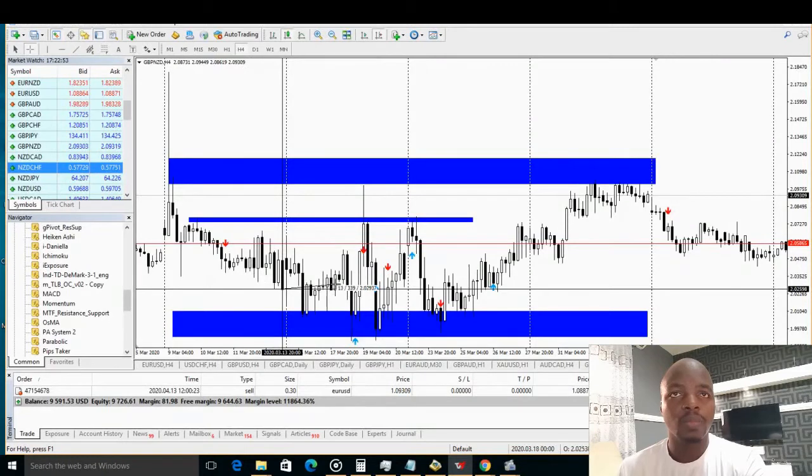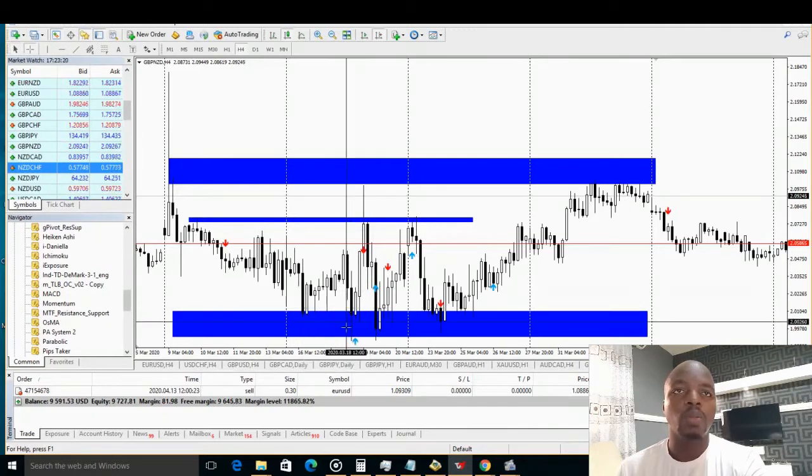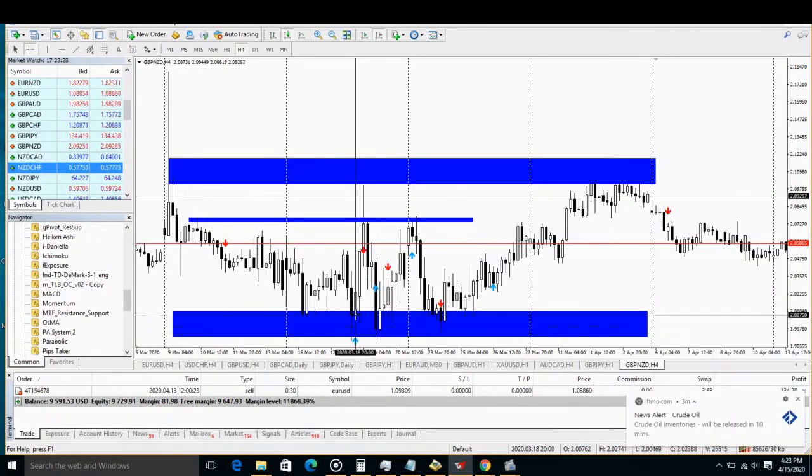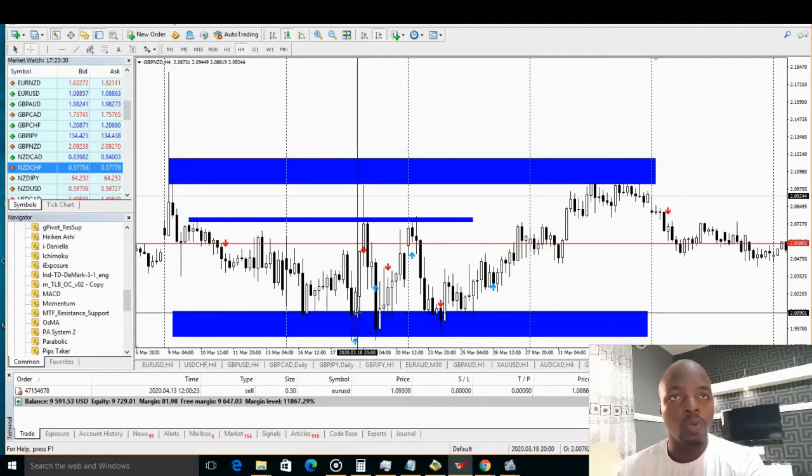Then prices broke below it. We allowed price to close on the support before the indicator signals a buy. As soon as that happened, it signaled a buy immediately. Look at this. It took a buy straight up